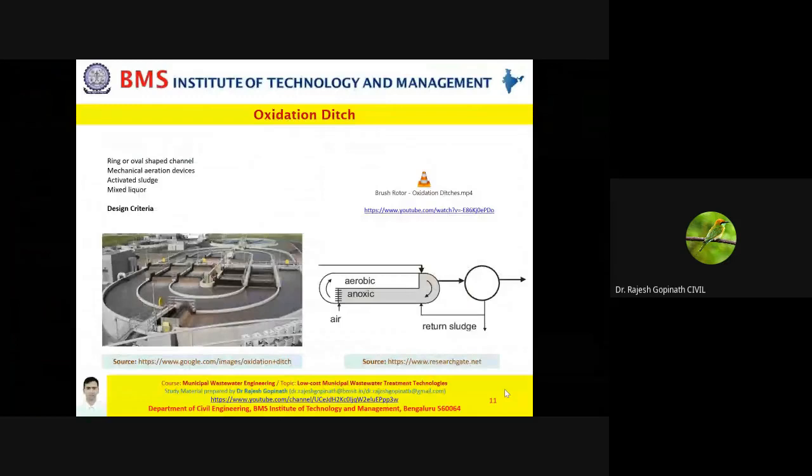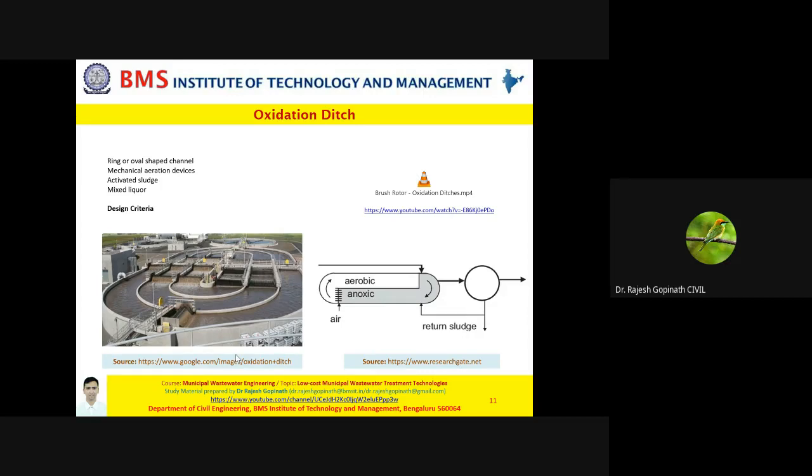So now I'm pretty sure that you're very obvious of the fact that the shape of this reactor is like a ring or oval. And what you need to understand is, since we are making sure that this doesn't behave like a settling basin, we need to ensure all the suspensions remain suspended itself. So therefore, we go for aeration. Now basically we tend to go for mechanical aeration.